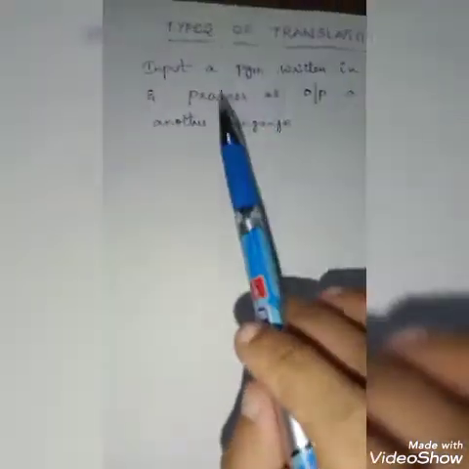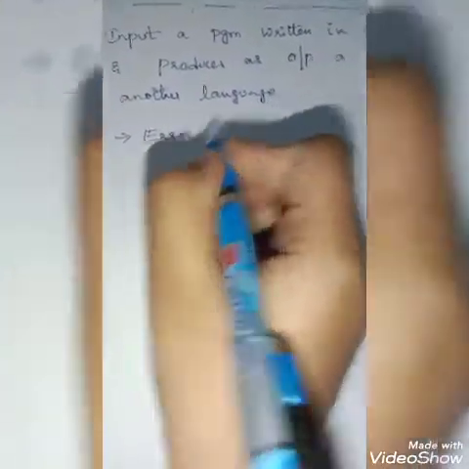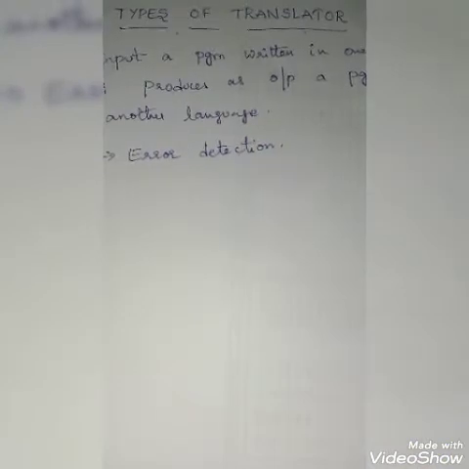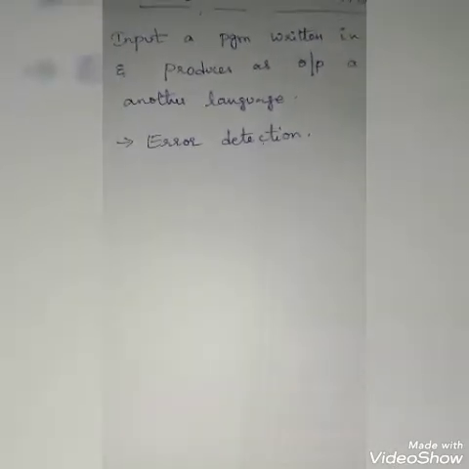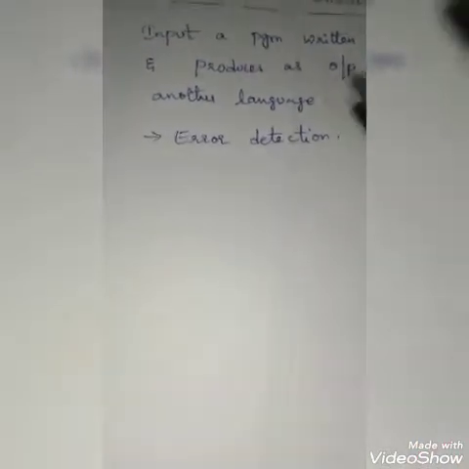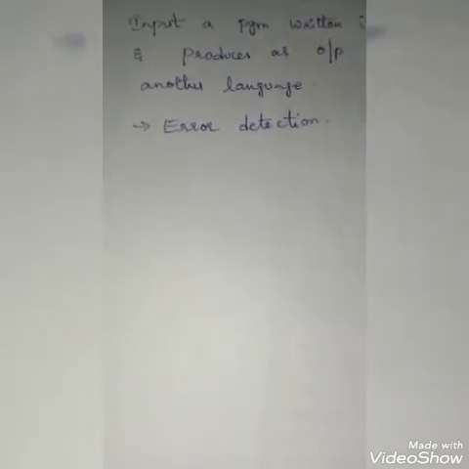Not only program translation, the translator also performs a very important role, that is error detection. Error detection is also performed by using the translator. If there is any violation of the high level language specification, it can be detected and reported to the programmers. So the important role of translators is translating the high level language program input into an equivalent machine level language program, and also providing error messages wherever the programmer violates the specifications of the high level language.